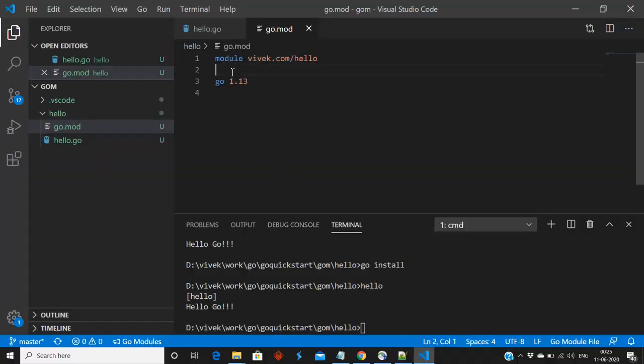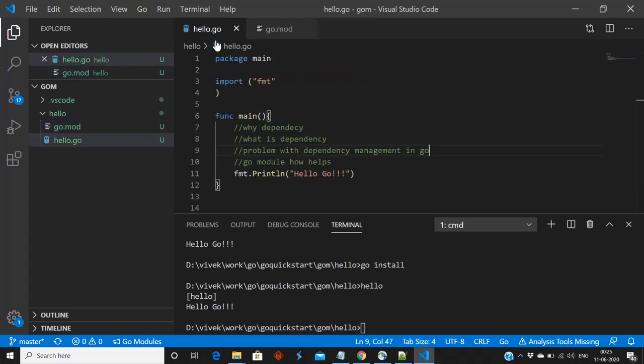I have already written it. We need the require keyword. We give this GitHub repository path and I am mentioning the version number. So whenever I install this project on any other system, it is going to download this version only. So there is very little possibility, or no possibility, of your code breaking.